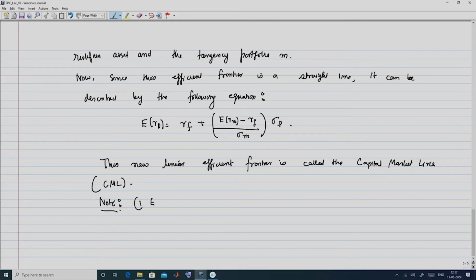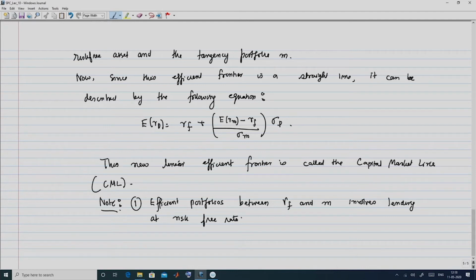So, the first observation is that the efficient portfolios between RF and M on the straight line, so any portfolio here, involves lending at risk free rate. That means you own a bond. So, this is the situation where 1 minus W 1 is positive, and efficient portfolios